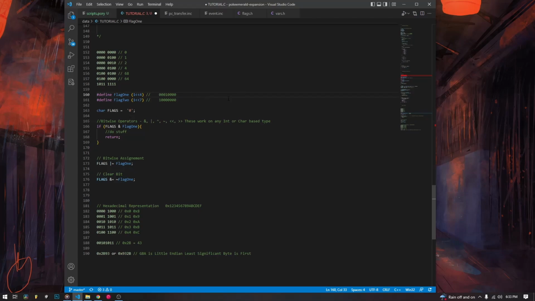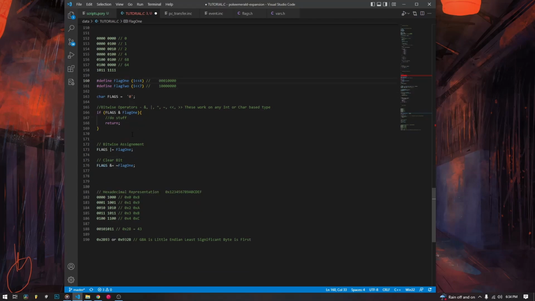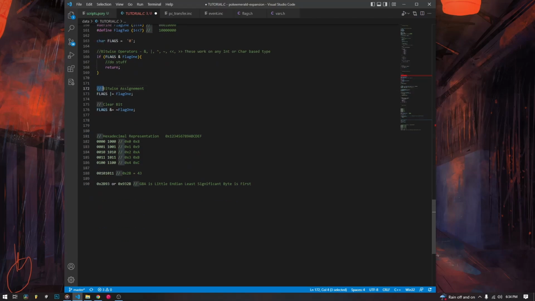And if you were adding flags and needed space and wanted to hide one somewhere at the end of a struct, say with some unused space, you would want to have a mask for the flag so that you could check to see if it was there, and that's basically what we do here. We are checking the flag to see if it's in this spot. So if we were hiding something here, we would check the flag that we would put here, and then we would run code. Now, how we actually assign flags, we use the OR equals to, which basically